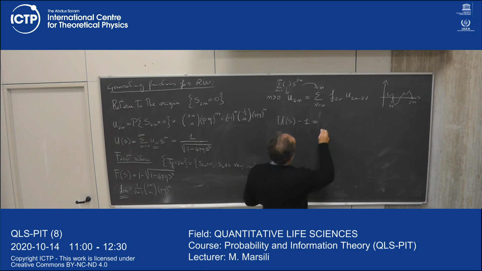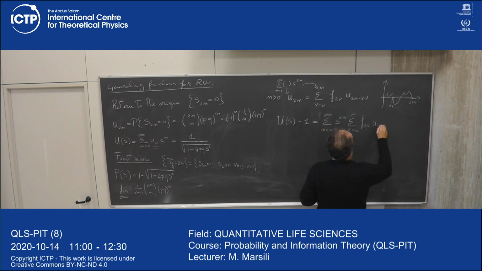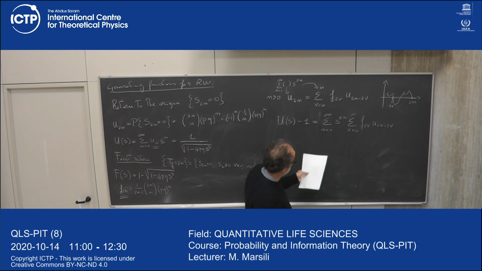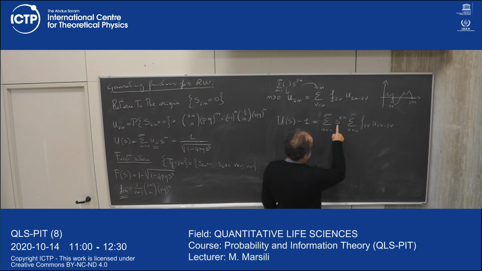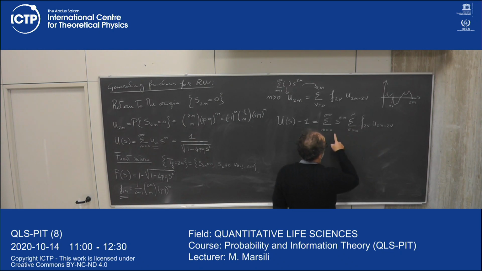And on the other side, what do you get? You get the sum n from 0 to infinity of s to the 2n, sum nu from 0 to n, f2nu, u2n minus 2nu. So you see that you can split this s to the 2n into s to the 2nu and s to the 2n minus 2nu. And then you can change these two sums